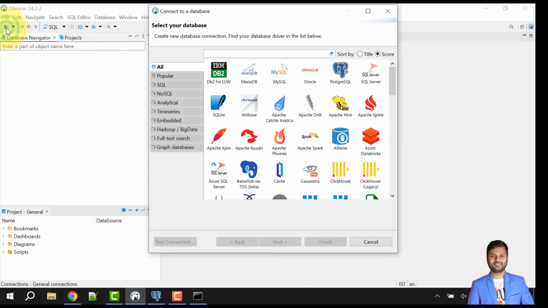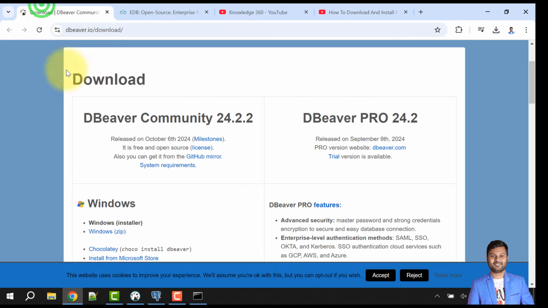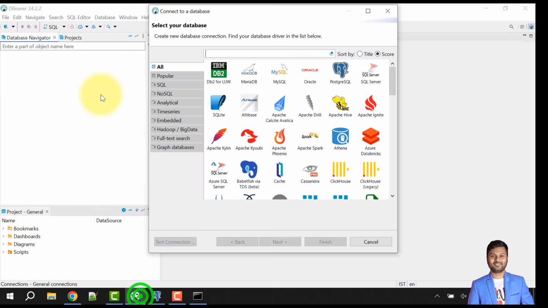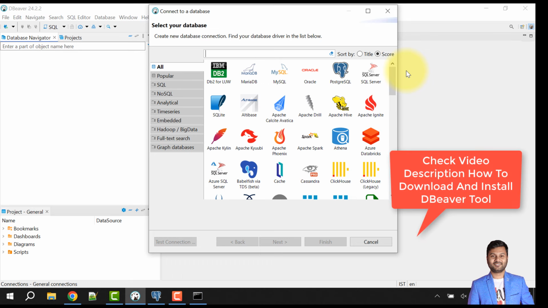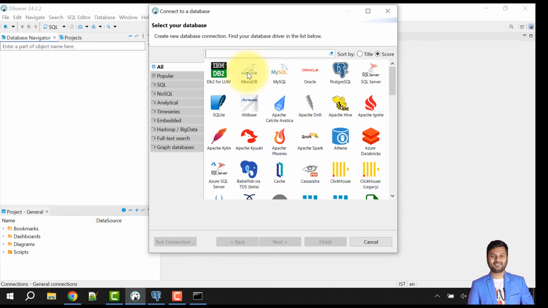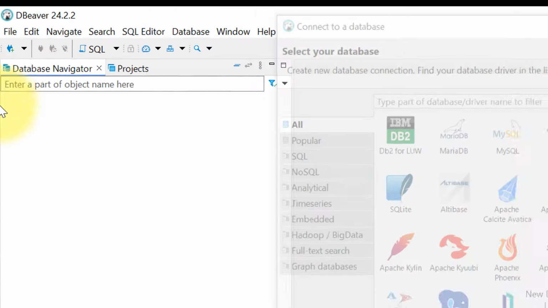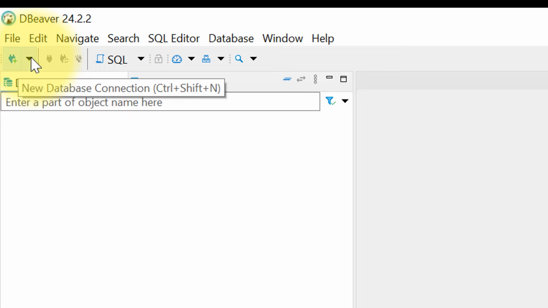If you wonder how we install this, I have already made a separate video on it. To get this tool you can visit this website, simply download and install it, and then you can open it. Otherwise you can follow my video link where I have already explained how to download and install this DBeaver tool. Okay, then how we can connect: go to this plus icon for the connection